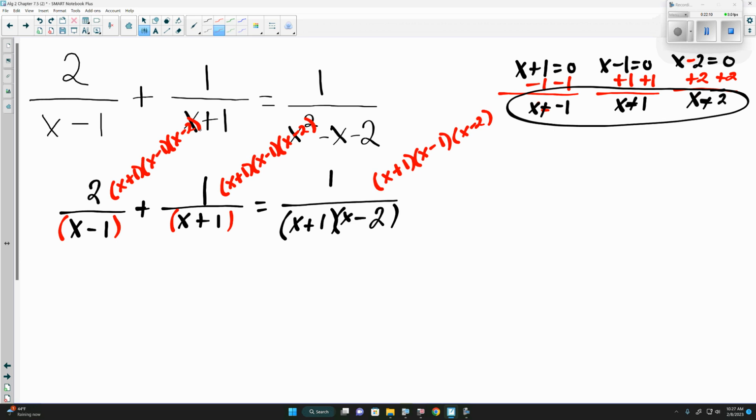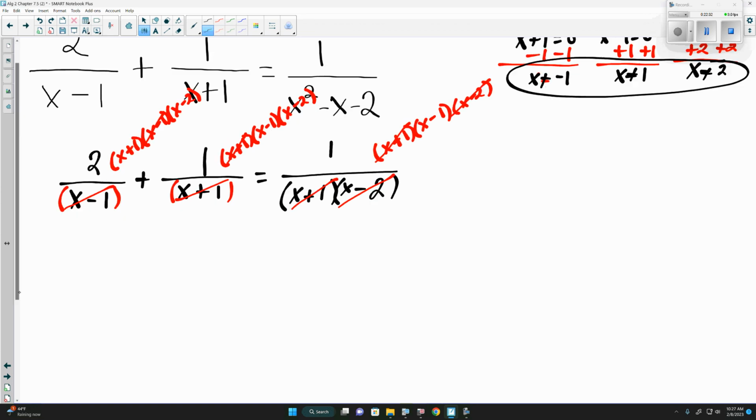And going from left to right, in the first one, the x minus 1 will cancel out with the x minus 1. In the middle one, the x plus 1 will cancel out with the x plus 1. And the last one, the x plus 1 and x plus 1 would cancel, x minus 2 and x minus 2 would cancel,